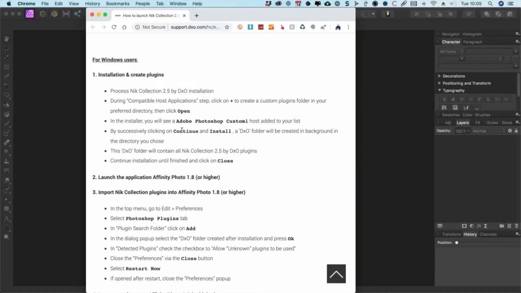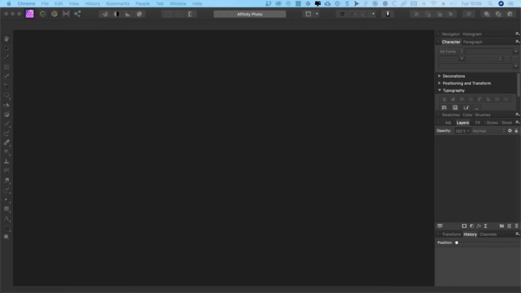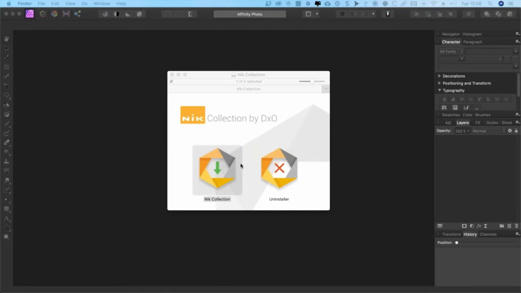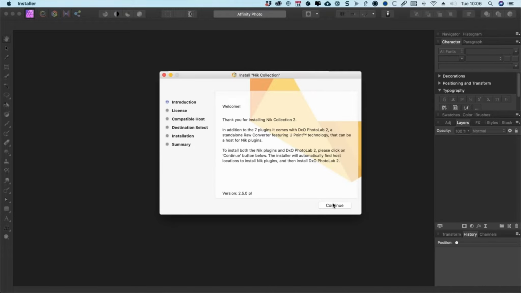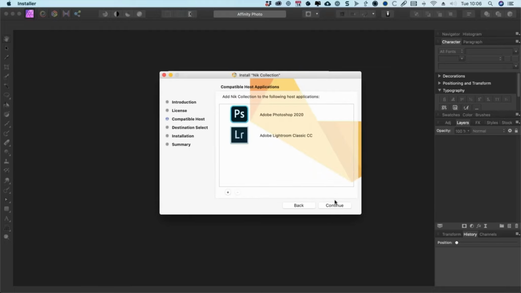I'm obviously running on a Mac today, so I'm going to show you how to do this on a Mac. I think it's basically the same on Windows, but if you want to install it, then that's what you're going to have to follow. So I'm going to show you how to install it because it is a little bit convoluted. I've already got it installed, so I'm just going to show you the steps. But when you run the installer, first you get through your basic accepting everything, continue, accept, and